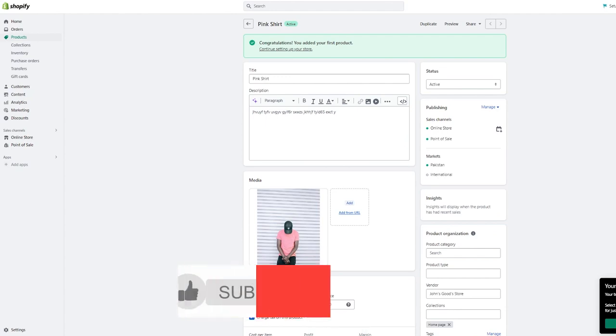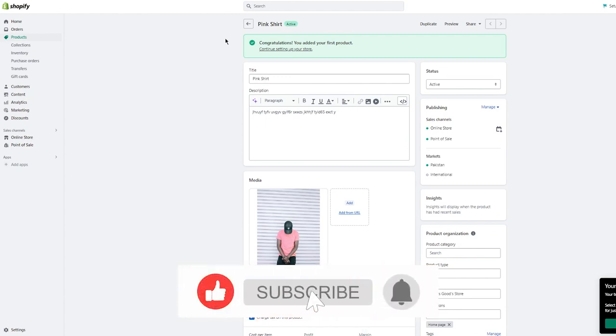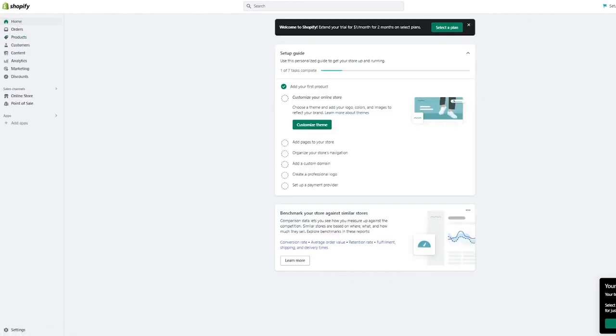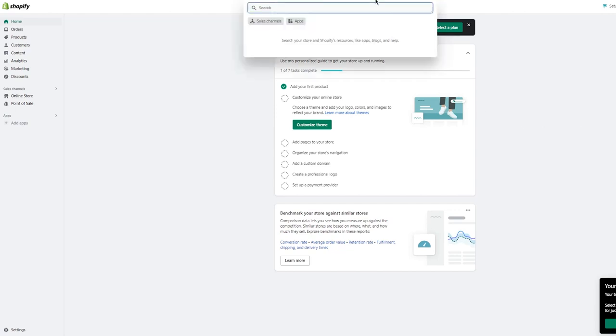But once we are done with that, from here on out, as you can see, this publishing channels: the online store, the POS, all the market. Now, once it's done, we're going to head back to home, in more depth on what you're going to do with this. So once you have all this down here, you're going to go to search,